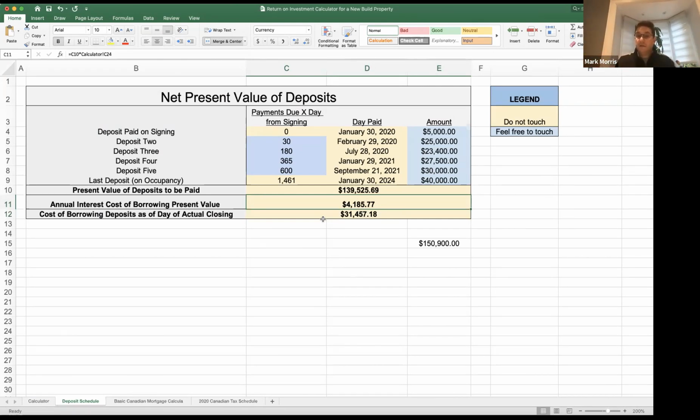And thus, the cost of borrowing becomes this multiplied by however many years it's going to take me to get to closing, right? Because I'm going to lose that every single year, year over year, on a compounded basis, by the way. If I take 4,185 and I have 5 years to get there, then 3% is the detriment per year, but that detriment is compounded to get to the 5th year. Regardless, what it means in effect is that because I am making these payments, I have to pay $31,457 per year